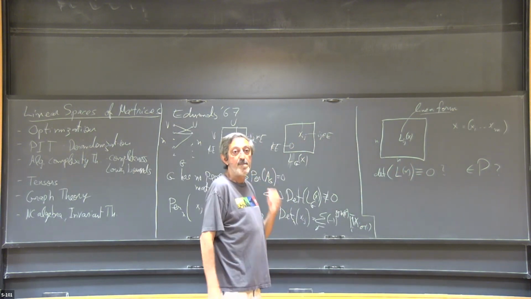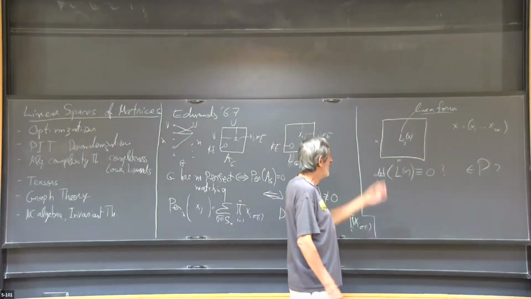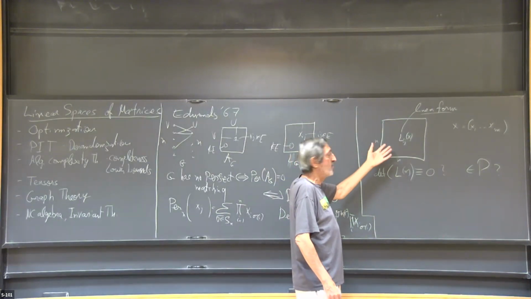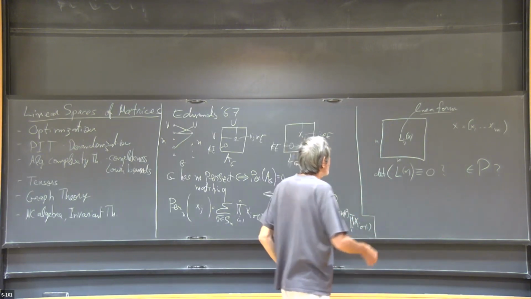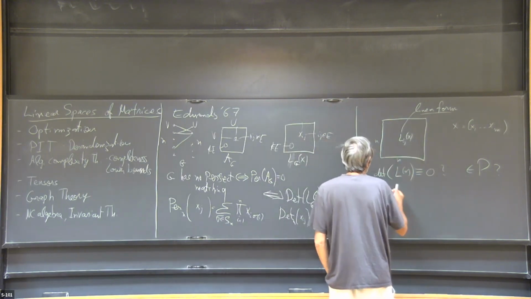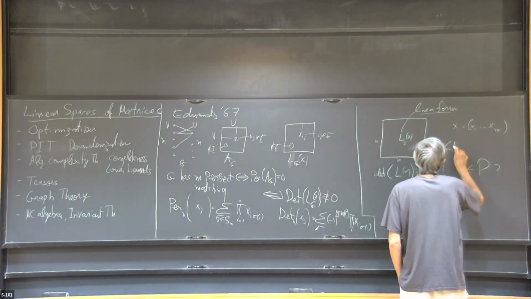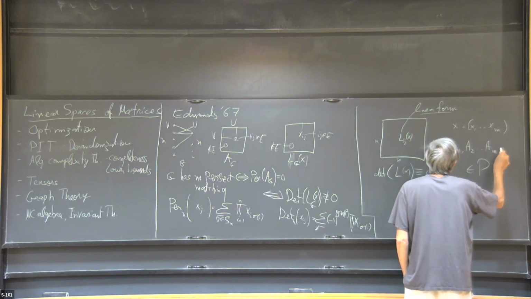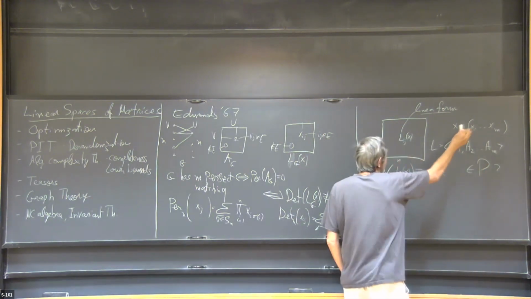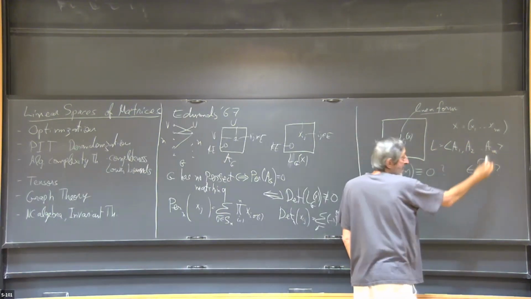Did we lose the graph now? No, there's no graph. It's just the matrix. So in order to present it to an algorithm, how do you present the linear space? One natural way is to pick a basis for the space, which I'll often denote A1 up to AM. You might as well assume that M is the dimension of the space, and so given M matrices,